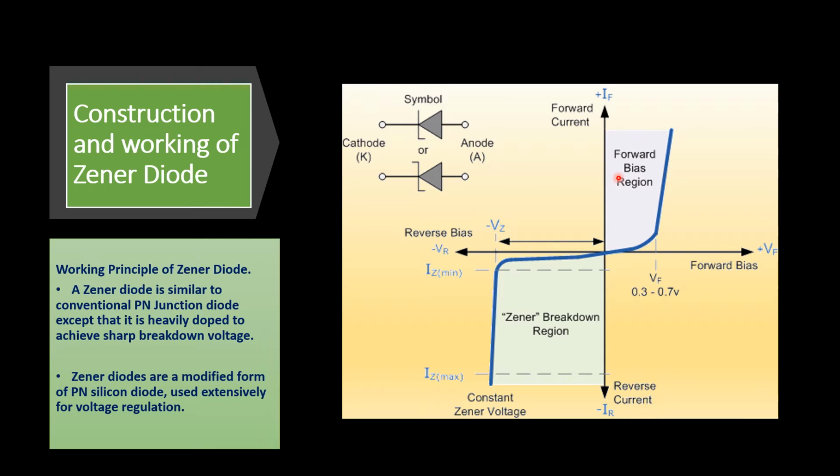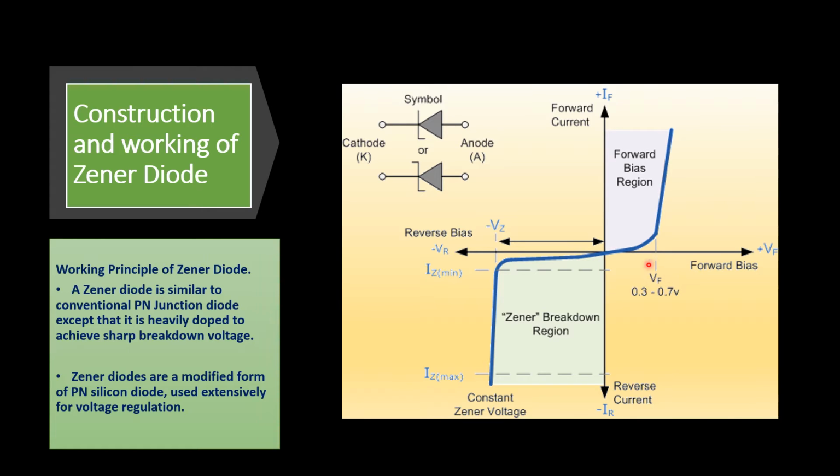So this is the voltage and current characteristics graph of the Zener diode. As I said, Zener diodes can be forward biased. Forward bias means the anode terminal is positive with respect to the cathode. At that time, if you observe what happens to the voltage and current of the Zener, this is the voltage axis, this is the current axis. The voltage increases from 0 to some Vf.